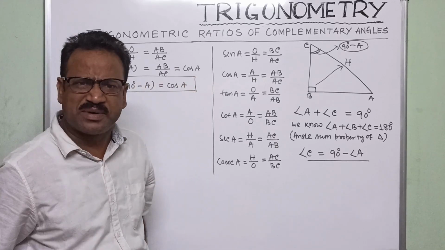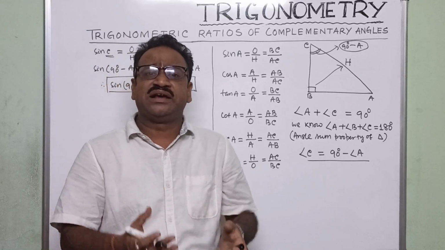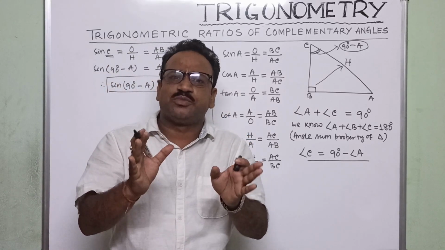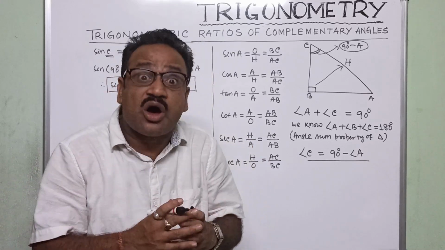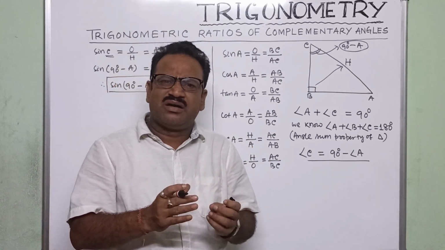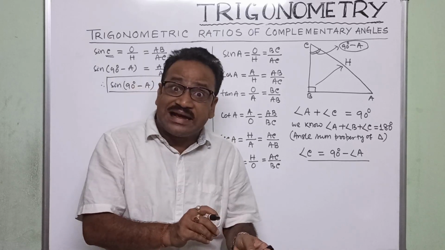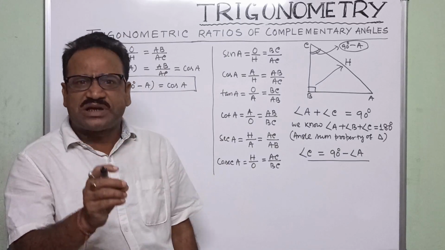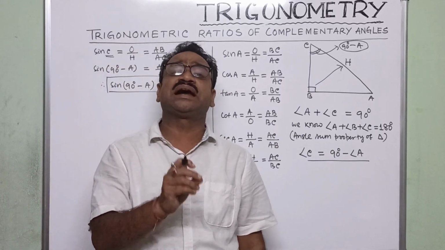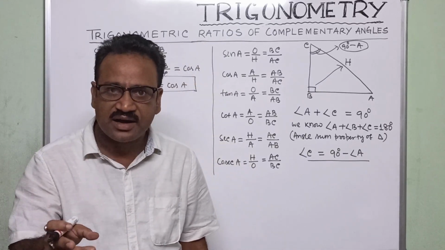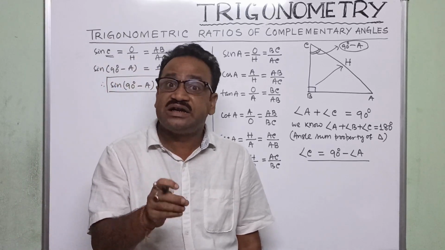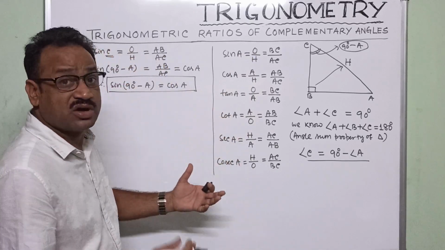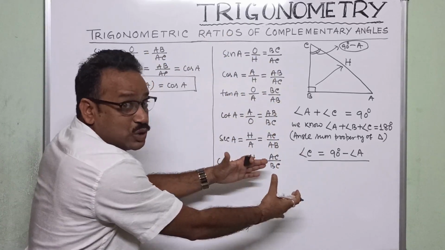That means the sine of the complement of A is equal to cos A. How do we find the complement, as in the junior classes? Two angles are said to be complements of each other when their sum is 90, so 90 minus one angle is the complement of the other angle. Suppose alpha plus beta is equal to 90 degrees. Then the complement of alpha is 90 minus beta, and the complement of beta is 90 minus alpha. You know this from the junior classes, so we are just applying that knowledge here.